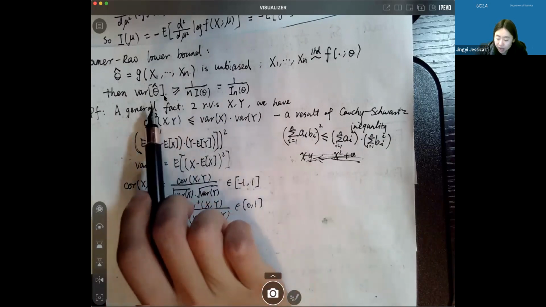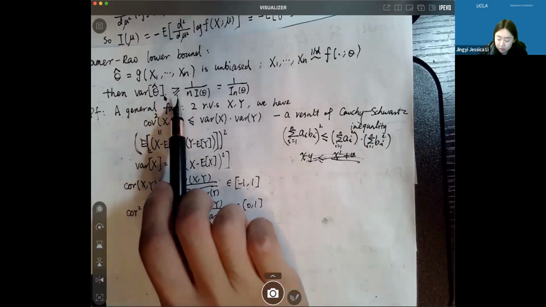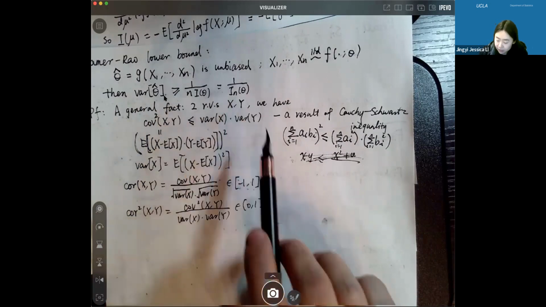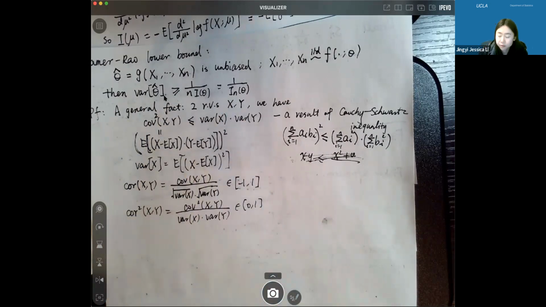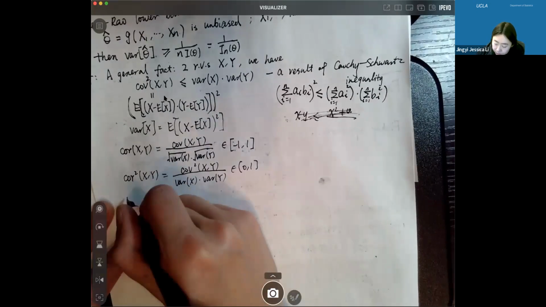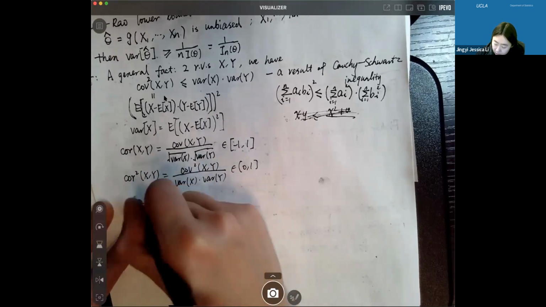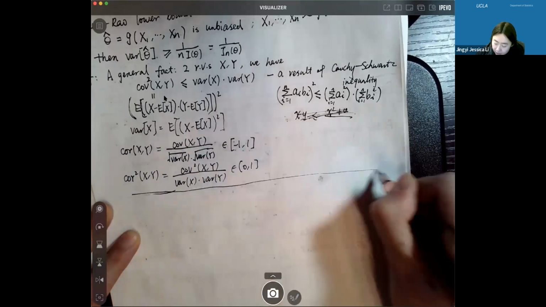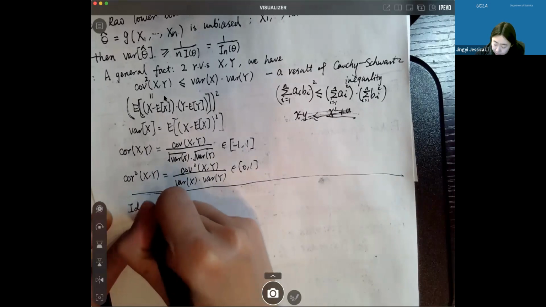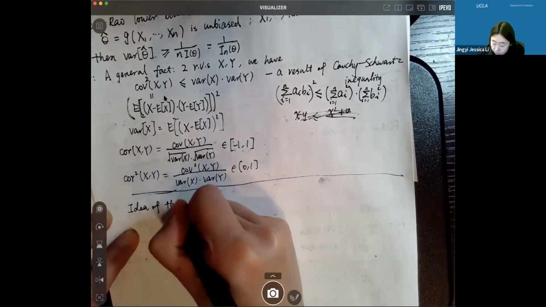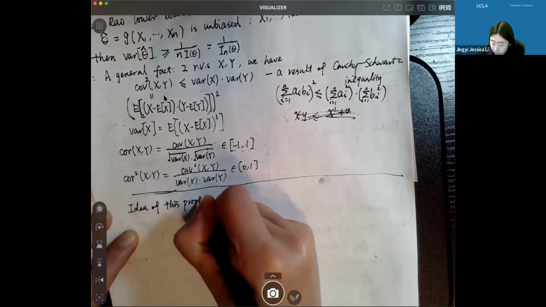Since here we also have its variance greater or equal than something. And this inequality is the thing we're going to start with. So basically what we will do, the idea for this proof, okay? So with this general fact, the idea of this proof is to